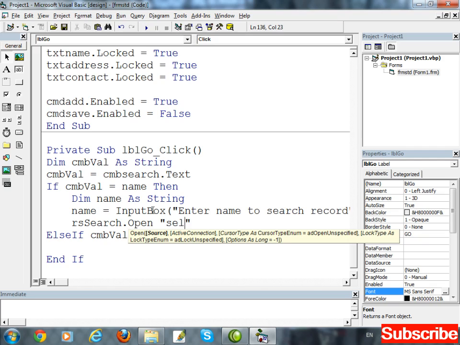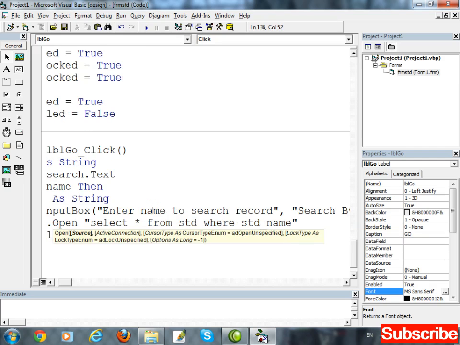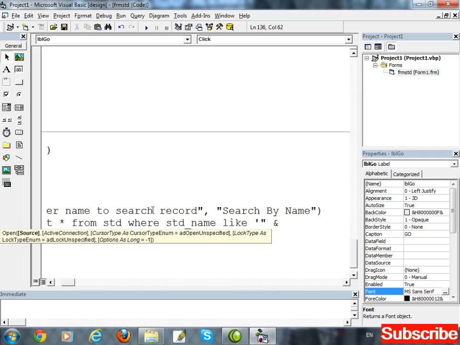In double quotes, write select star from the name of the table, which is std, where std underscore name, since you are searching by name, so here we have to mention the field std underscore name, like, start a single quote here. Now concatenate the name variable, again concatenate, start double quote, single quote, and double quote.